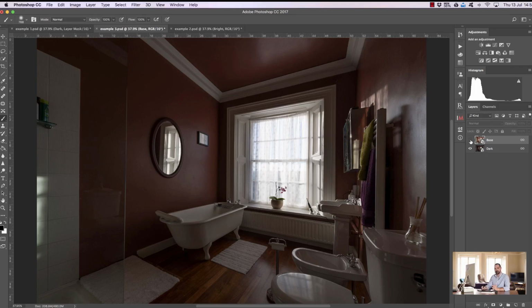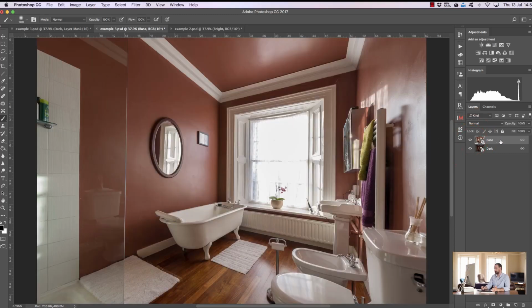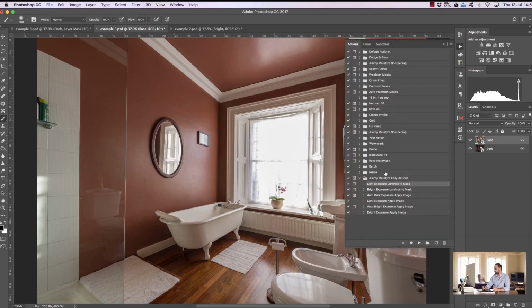So what does this mean in terms of a mask? Well, we have to make the brighter exposure visible. So the brighter exposure is always visible when we're creating a mask which targets the shadows. So essentially, we want a mask which is going to make most of this image white or light gray, but the window and some other highlights black or really dark gray. So let's look at this luminosity mask. We have something called Bright Exposure Luminosity Mask in the actions that you've got. So if we just press play,